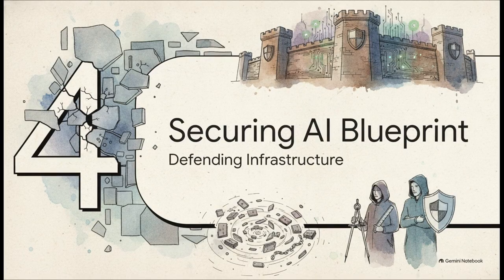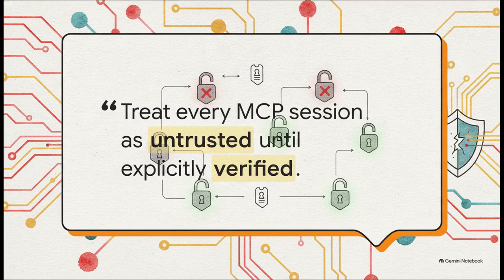Part 4. Securing the AI blueprint. The protocol updated, but how do we defend this new stateless reality? The NSA's AI Security Center actually published formal guidance on this in May 2026, setting the ultimate baseline for defense. Their explicit position is that yes, traditional endpoint controls are necessary, but they are absolutely not sufficient anymore. The dynamic tool invocation and implicit trust relationships of MCP are systemic risks.